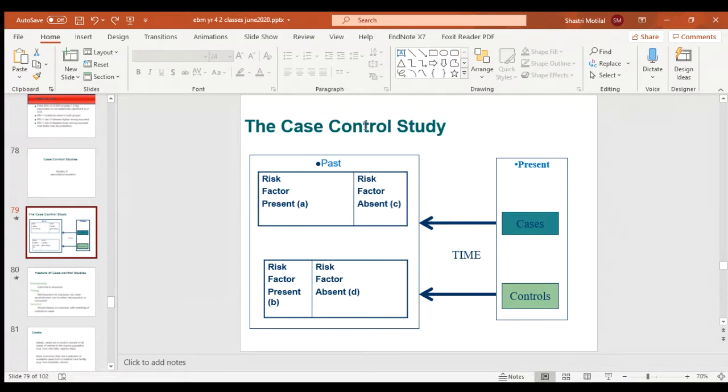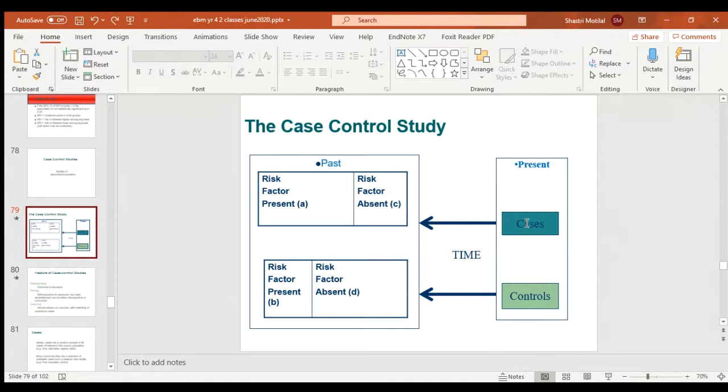So in a case control study, the disease has already occurred. Just now I showed an example of a cohort study where we looked at a group of people. Some of them smoked, some of them didn't smoke. We follow them up over 30 years, and then we see who developed lung cancer. Now, the problem with a cohort study is they had to follow people over time, and that, of course, takes